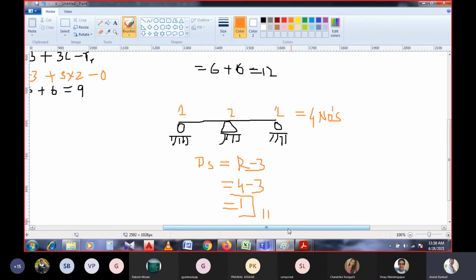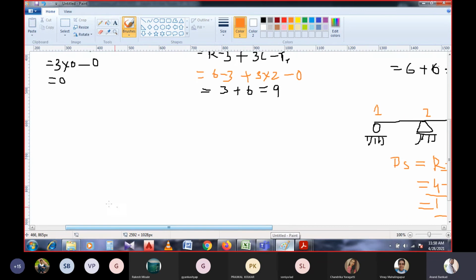So along with this content, I will take another example. Now we have a frame comprising a hinge over here, and we have another support. Can you tell me what is the value of ds now? You calculate and tell me.